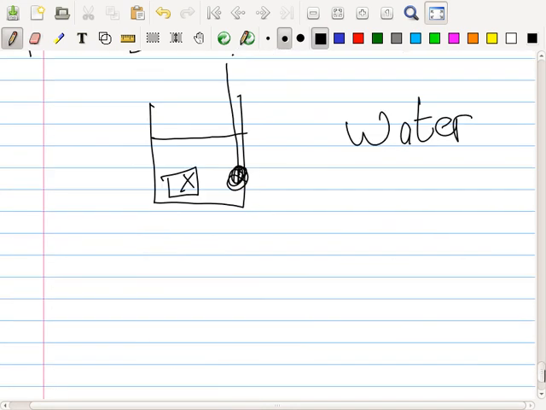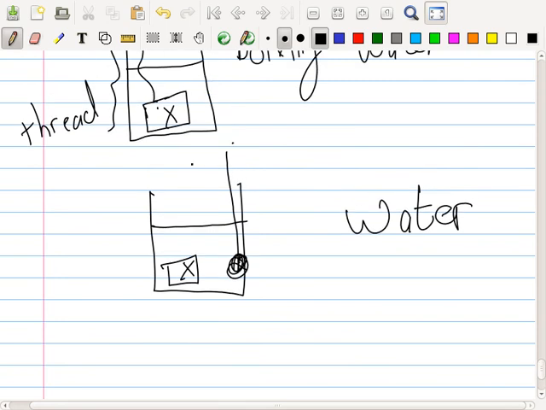So what happens is, when I take this out of the water, what temperature will this be? The same temperature as the water. Yeah, it'd be 100C. And then I put it into this water, and what happens? The block gets cooler. But what happens to the temperature of the water? It'll become bigger. You put this into the water, and the water gets hotter, but the block gets cooler.